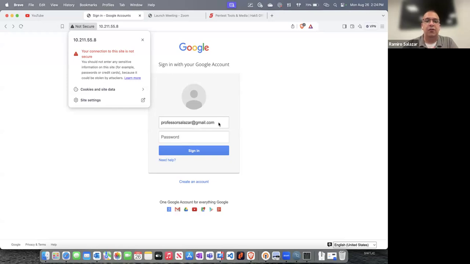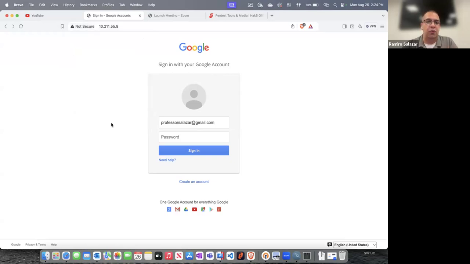So anytime that a user comes across, for example, a bank's website or an email's website, you should always take a look at the URL, and you should make sure that the URL changes from HTTP to HTTPS. Because if it does, there's a certificate installed on that site, and that certificate is providing encryption. All right.